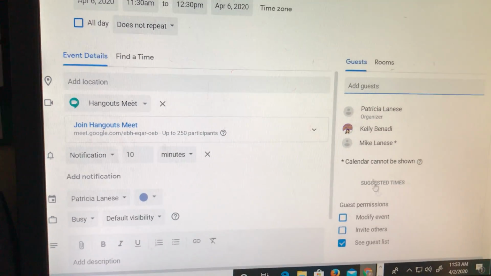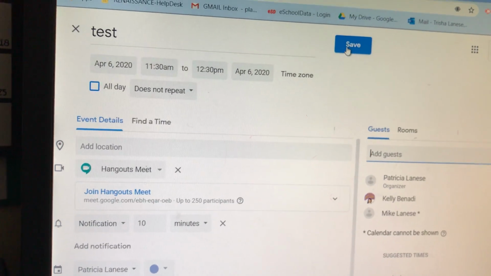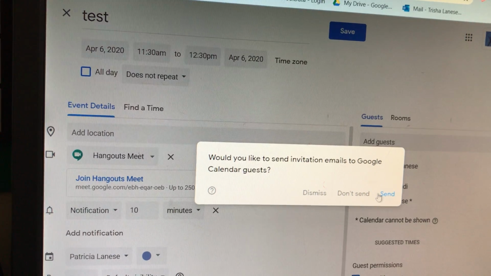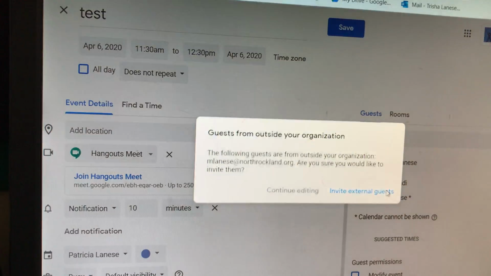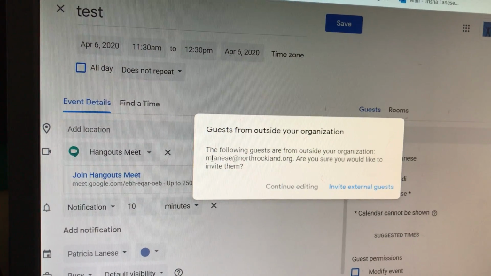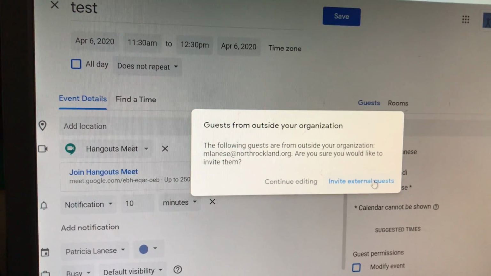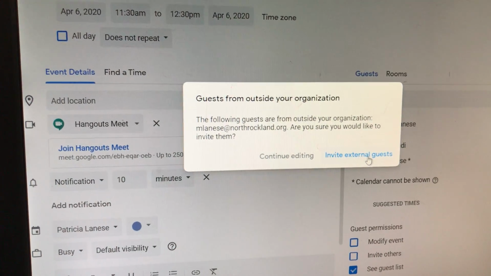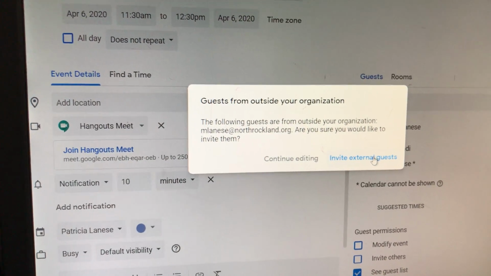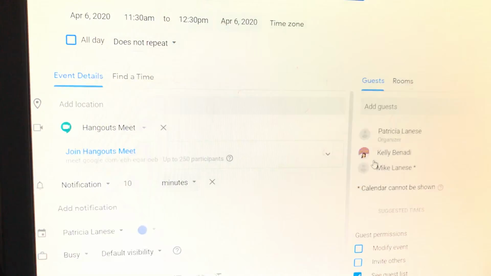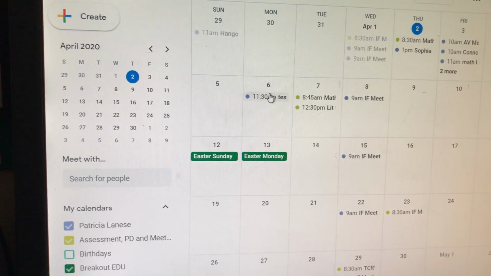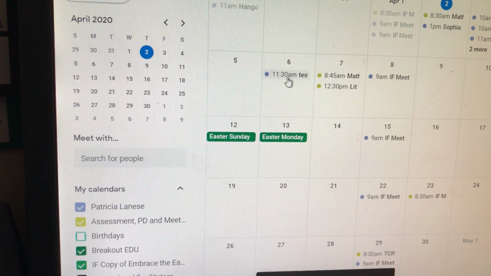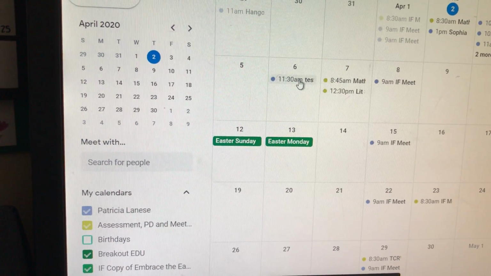So all I have to do now is press save, and it will say, would you like to send the invitation emails to Google Calendar guests? Yes, press send. And now since some people, like my husband, are outside the organization, they're going to ask you if you want to invite external guests. And I highly recommend you press that because I'm assuming most of your parents' email addresses are not in our organization. So you press that. And now you will see it's saved on my Google Calendar as an 11:30 a.m. meeting tomorrow. And when I go to click on this tomorrow,